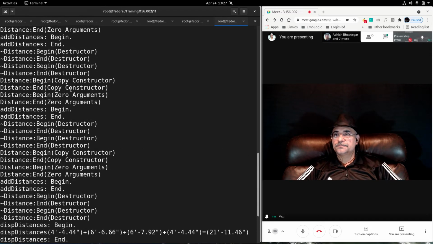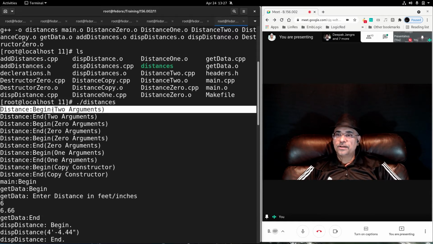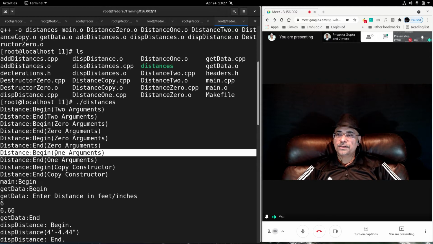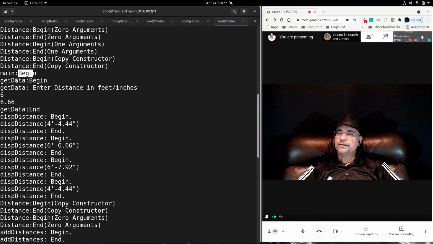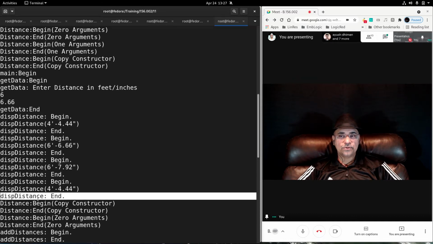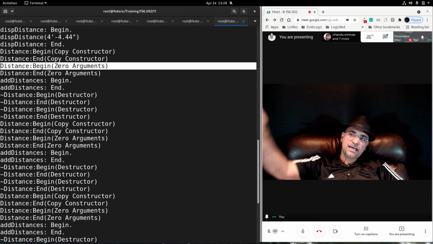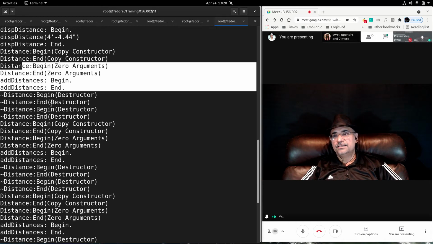See, it all starts from here. 2 argument constructor, 0 argument constructor, 0 argument constructor, 1 argument constructor, then the copy constructor, then the main begin, get data begin, you got the data, then the display distance for 1 object, 2 object, 3 object, 4 object, all the 4 objects displayed, then begin add distance, copy constructor, 0 argument constructor for the arguments being passed, and this for the local variable. Inside the add distances begin, add distances over.